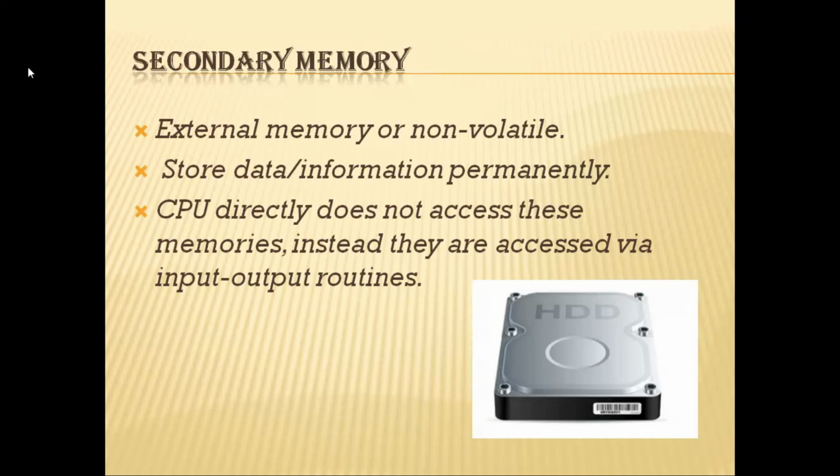A computer may run without the secondary memory, but without primary memory it cannot run. It is slower than primary memories, but it is the permanent solution for storing data. That is, most of our data should be stored permanently. So without secondary memory also we cannot live, but without primary memory we cannot run a computer. That is the difference. So I hope you got the idea of what memories are and the types of memories